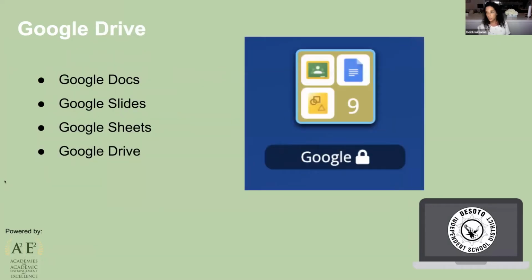So there's 2 options for them. We have Google Drive, and lots of people are familiar with Google Drive and the programs that are available. They have Google Docs, Google Slides, and Google Sheets. And then if you're needing to save your work, it all goes in this drive. So let me switch back over